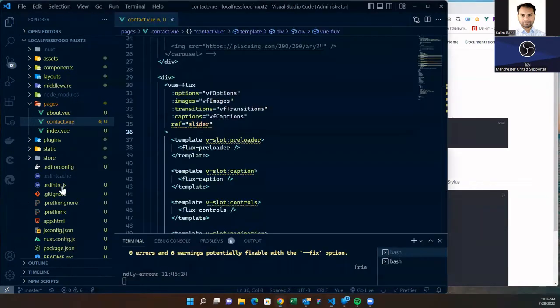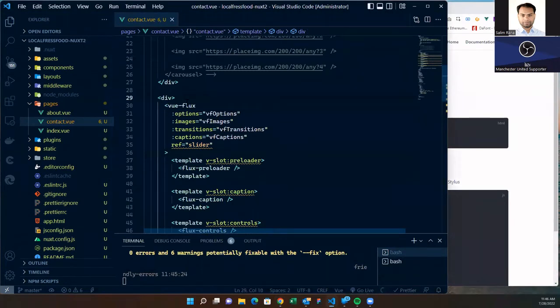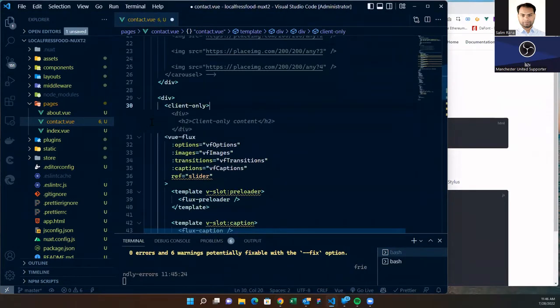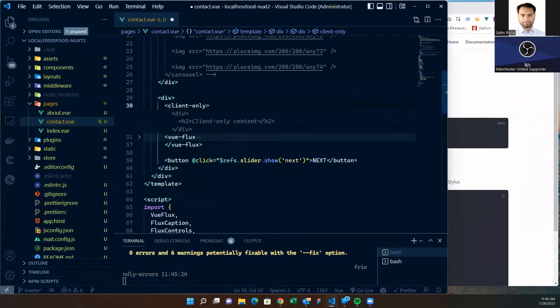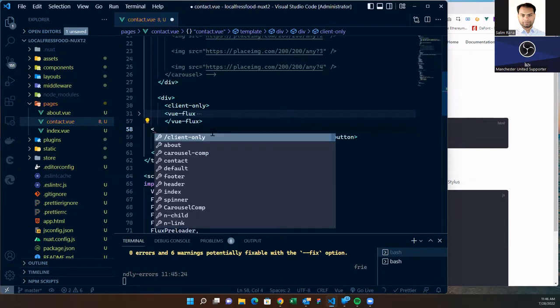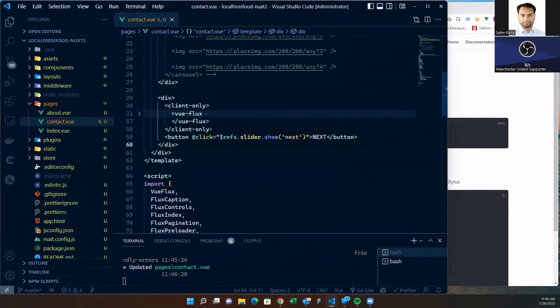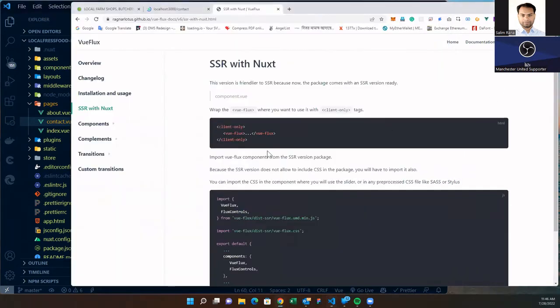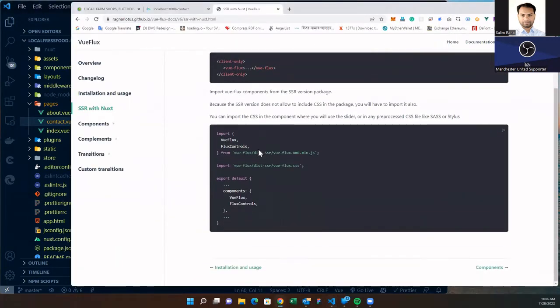So we will copy this client only tag, and just before the VueFlux, we will paste it. And then at the bottom, we will close the tag with the client only tag. Okay, so this is one thing. Second thing, what they have told us is that